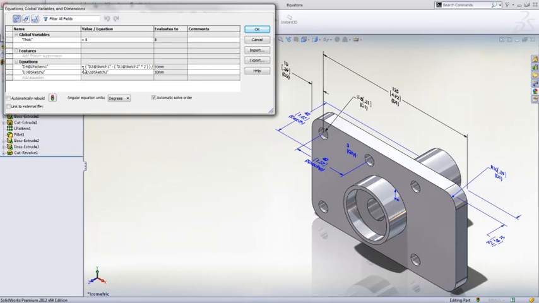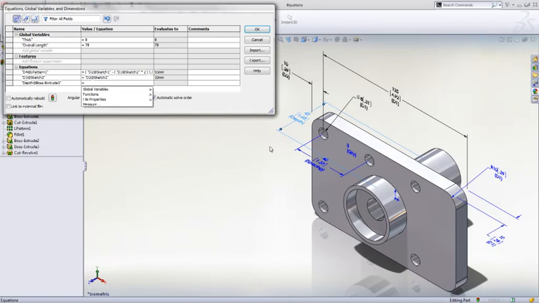Creating equations is easy as well. Let's start with a simple global variable called overall length. To assign a value to a global variable, simply type in the name of a dimension and the global variable has been created. To build more complex equations, you can still grab dimensions out of the graphics area and associate